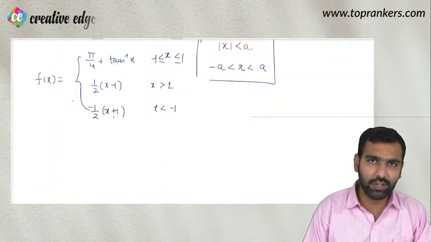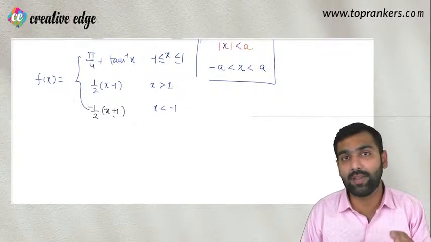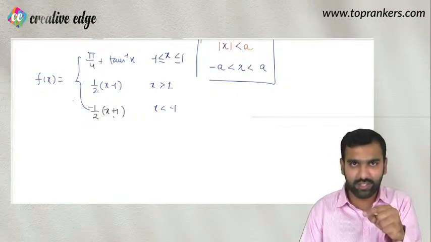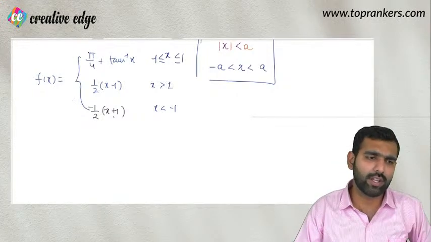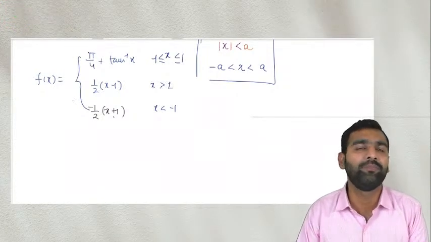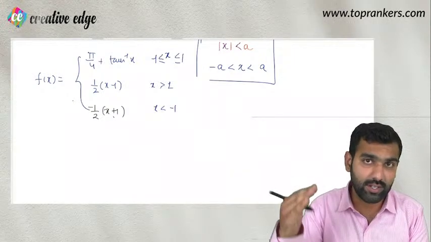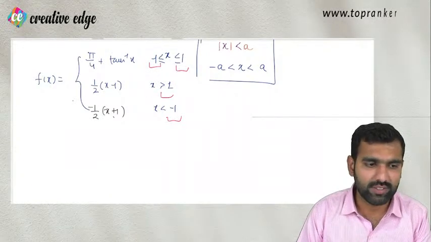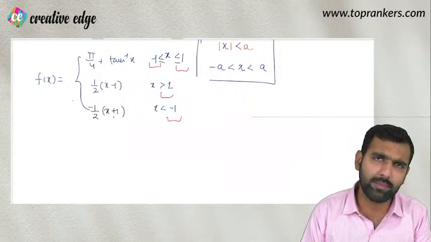कंटिन्यूटी के लिए क्रिटिकल पॉइंट्स, जहाँ पे इसके ट्रांजिशन पॉइंट्स हैं, जहाँ पे फंक्शन अपनी वैल्यू चेंज कर रहा है, उन पॉइंट्स में मैं चेक करूंगा कि इसकी लेफ्ट हैंड लिमिट और राइट हैंड लिमिट सेम है या नहीं। तो ट्रांसफॉर्मेशन के जो पॉइंट्स हैं, वो क्लियरली एक तो है -1 और एक है +1। तो इसकी लेफ्ट हैंड लिमिट निकालेंगे -1 पे, तो सीधे सीधे -1 रख दीजिए क्लास।